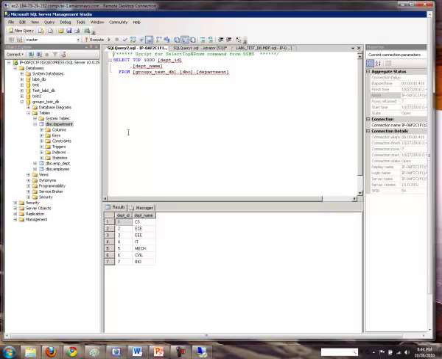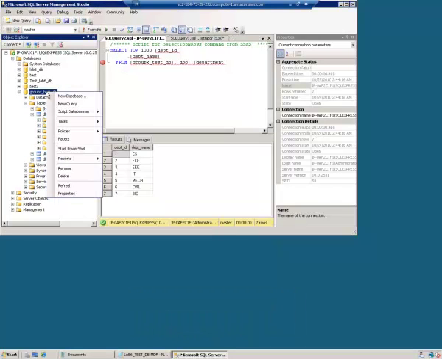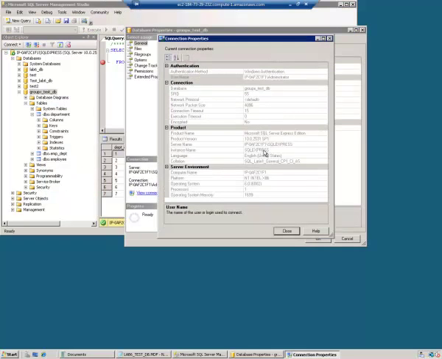So this way you transfer your database from your local machine onto the SQL server. This is how you do it. Now, as said, if you want to find out the connection string, just right click on the database, go to properties and say view connection properties, and the two important things are the server name and your database name, which is group X underscore test underscore DB. So use these two properties to build a connection string and connect to the database through your application.